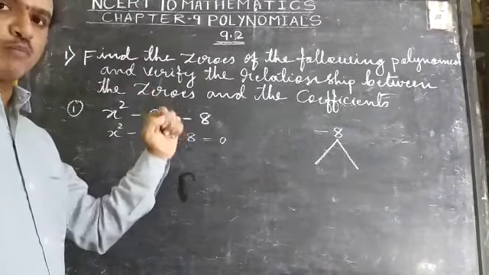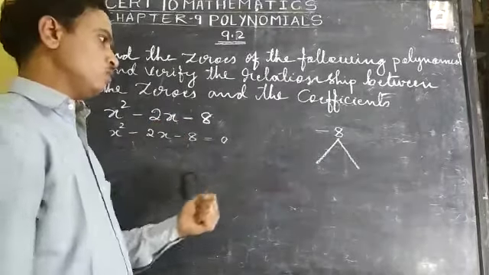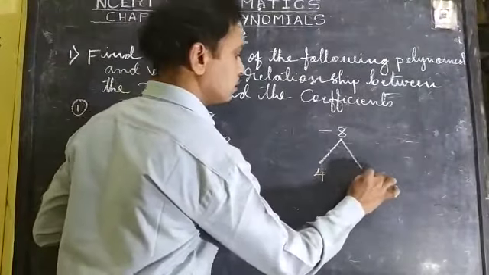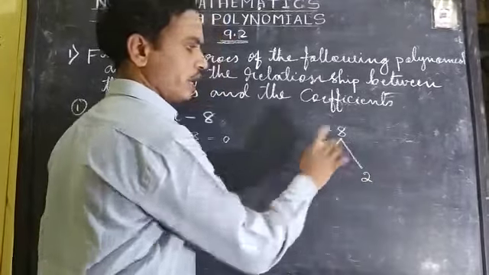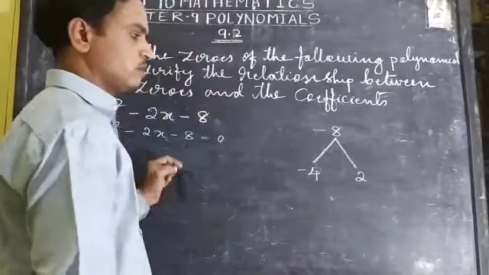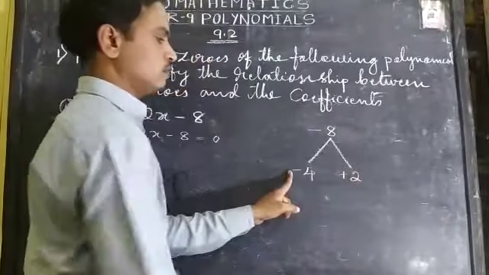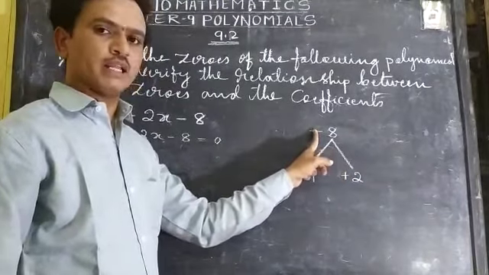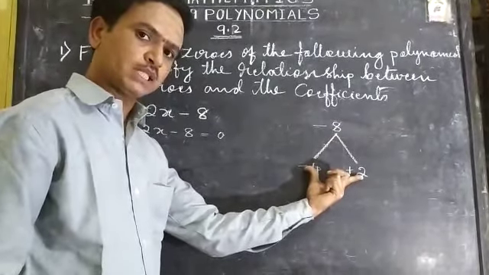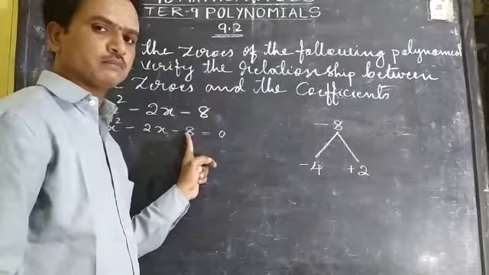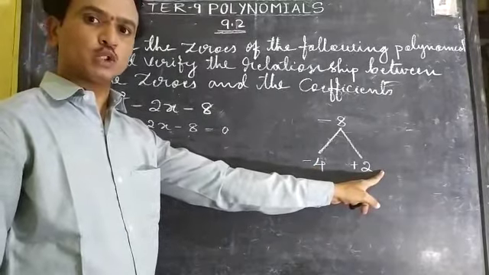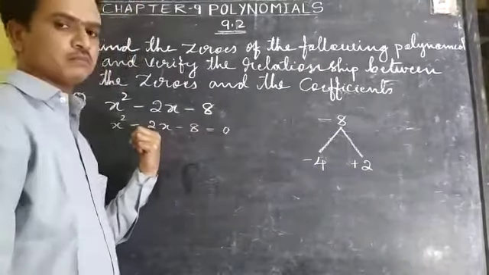Understood? Okay, this is very important. Now let us see what we'll take here. Just think. 4 2s are 8, I will take here 4 2s are 8, but here minus is there. If I take minus 4 this side, minus into plus, it becomes minus 4 2s are 8. The product of these two terms gives us the last term. The sum of these two terms we should get the middle term.